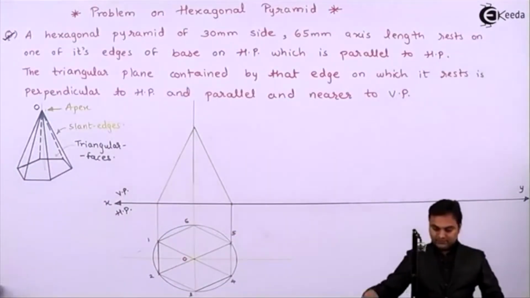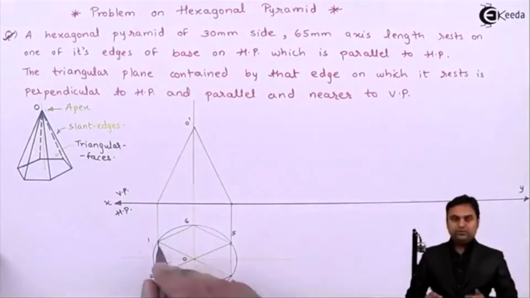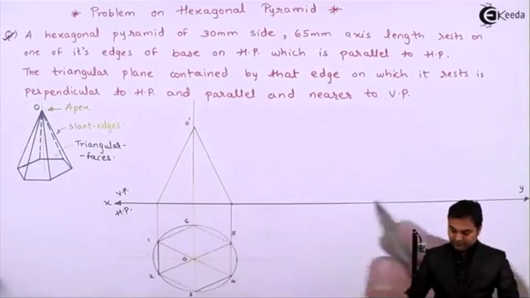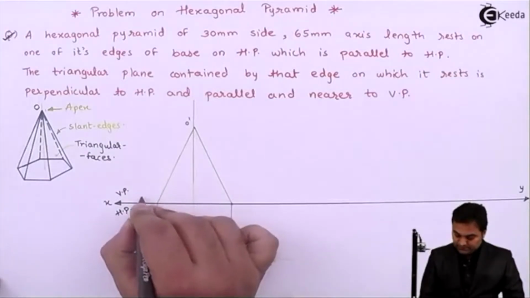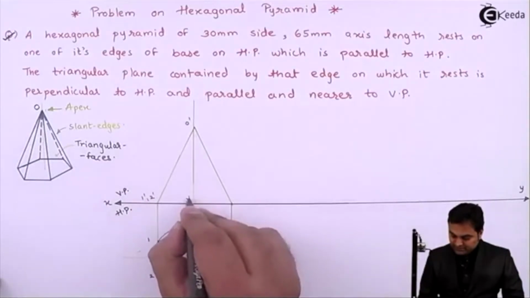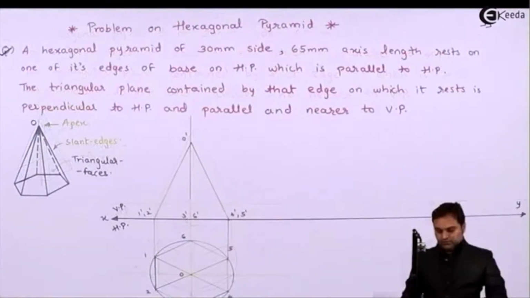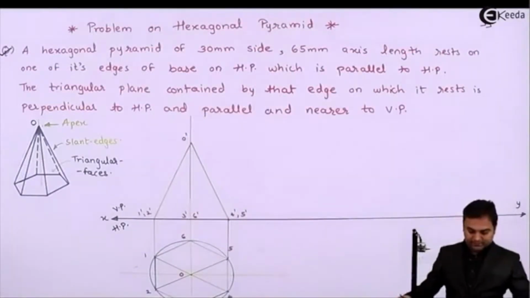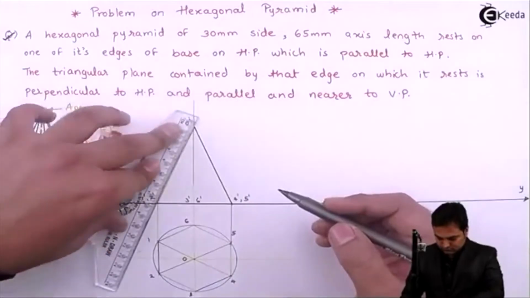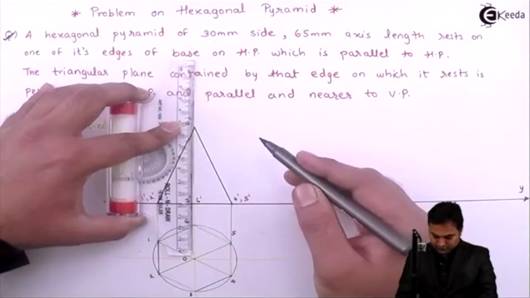next I'll give the notations to it. This is O dash, apex 1 and 2, the base edge. Corners 1 and 2 will be on the same point here in the front view. So that is 1 dash, comma 2 dash, then there is 3 dash and 6 dash, 4 dash, comma 5 dash. Now after drawing it light, now I'll make the pyramid dark. This edge will be dark. It shows the change of plane.